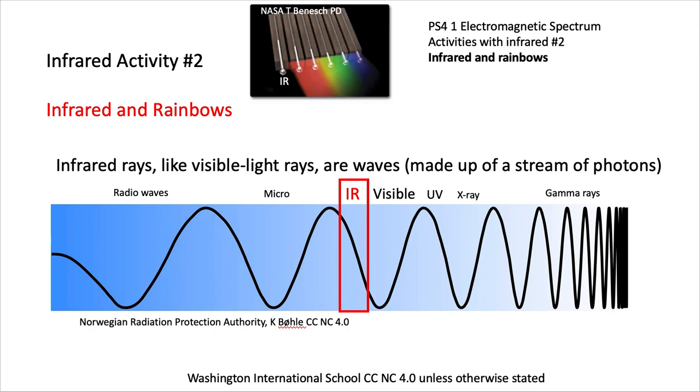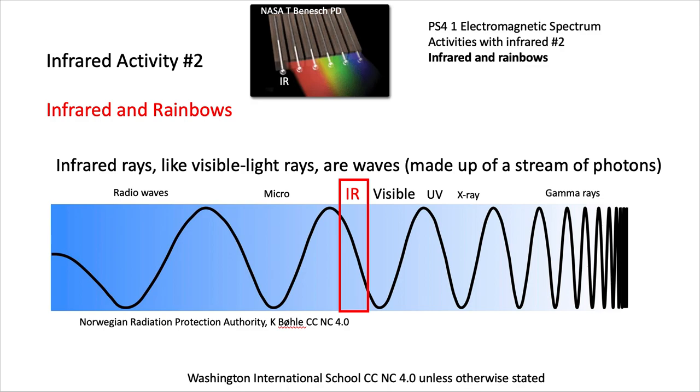Activities with infrared number 2, infrared and rainbows. The first thing is rainbows are not infrared, but they are very close, and it's that closeness that we are looking at. So like visible light, sunlight, infrared rays are waves made up of streams of photons, but infrared have